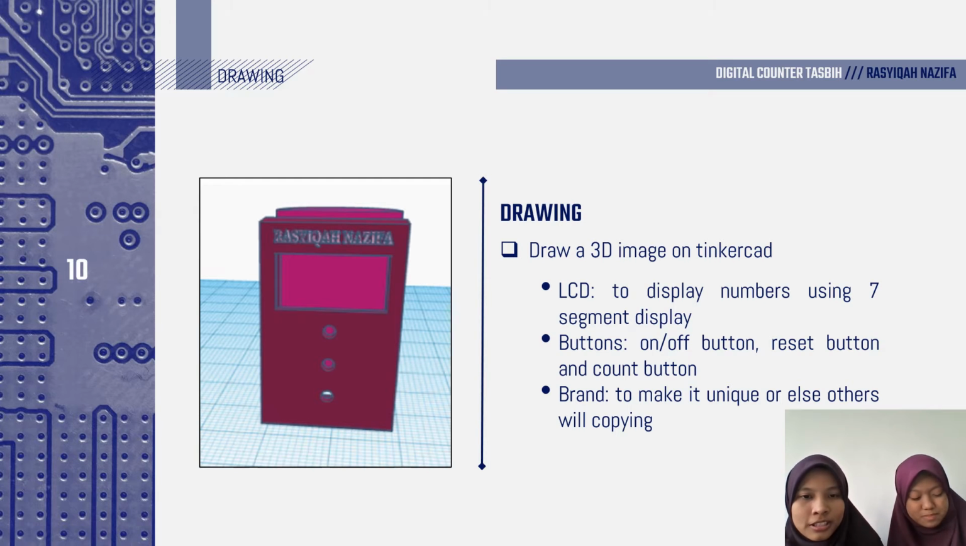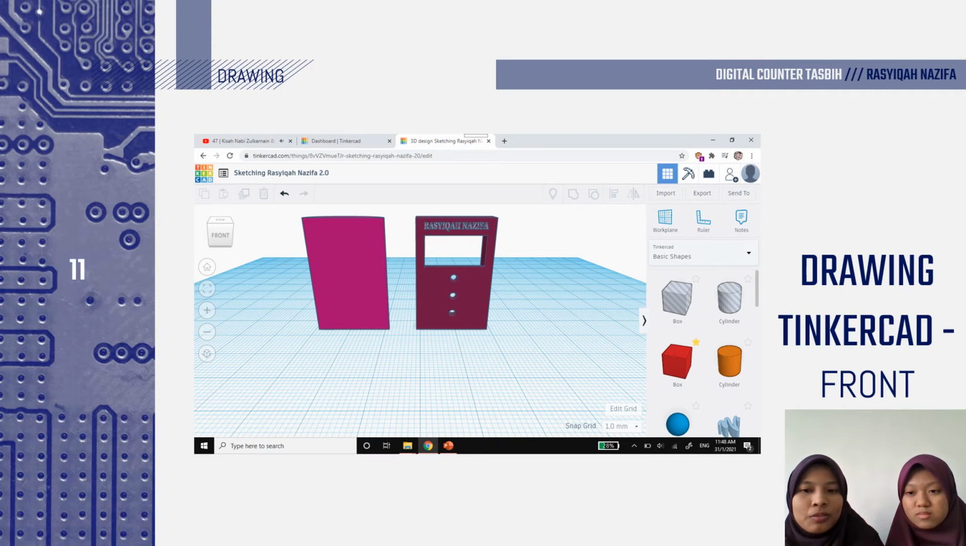The part here is the rectangle LCD to display numbers using a 7-segment display. So the buttons are on, off, button reset, and button count. For the brand, we made a unique name using our own names because we do not want it to be the same as others or copying others' products. So next, here we put